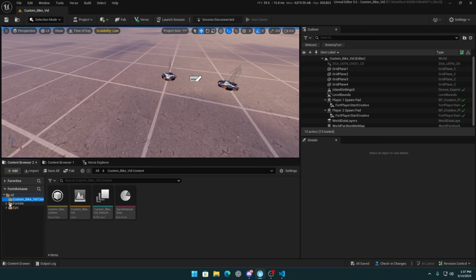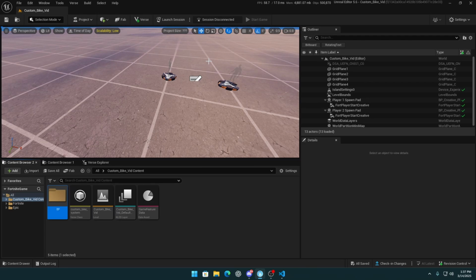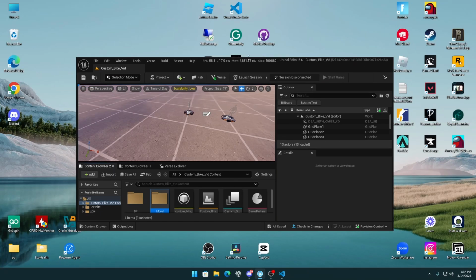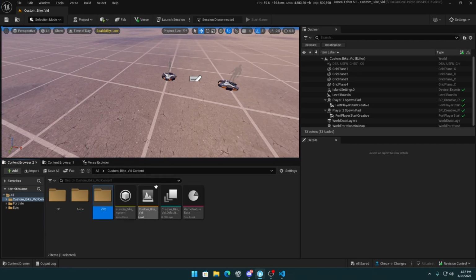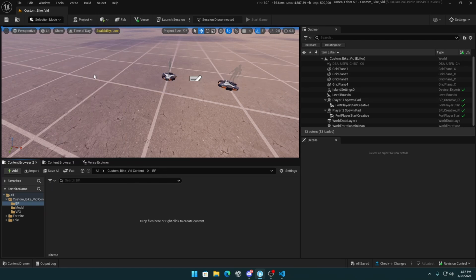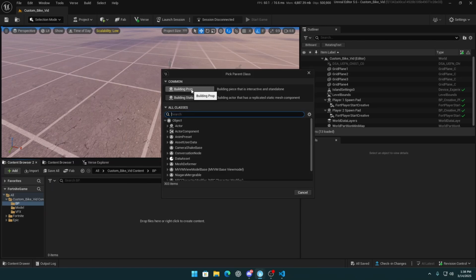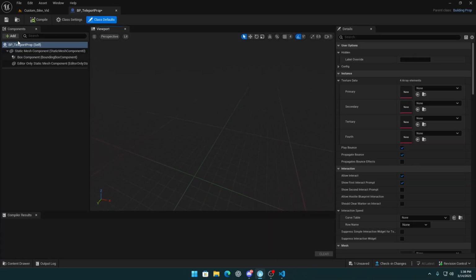Okay, so let's go to our project files and create 3 folders. First one is BP as blueprint, next one is model, and the last one is VFX. Let's start with blueprint and create a blueprint class and a building prop, and name it BP teleport prop. Okay, you don't even need to open this, but if you want to know, okay, let's open this, and in the